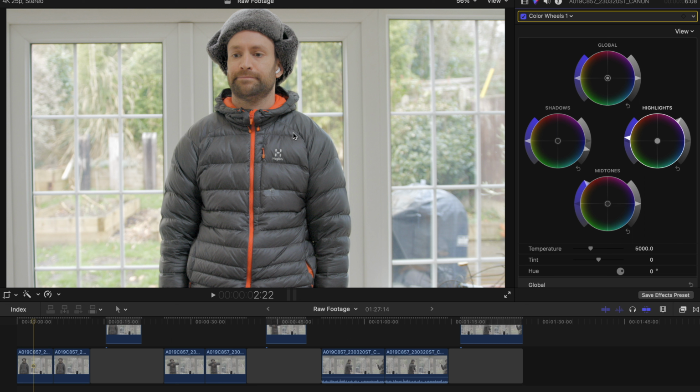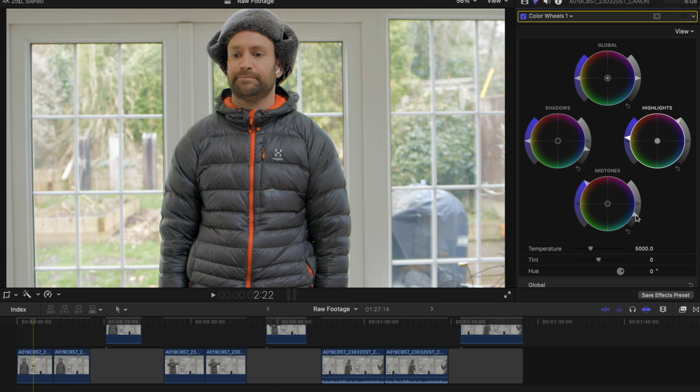So when you shoot in RAW, there is no sharpening added by the camera, and yeah, the R5C is a very sharp camera, and this is shot on a sharp lens, the Sigma 18-35. But it was at f1.8, which isn't the sharpest point on that lens, so we might need to add some sharpening in post. First of all, I'm going to try and give a bit more pop and a bit more